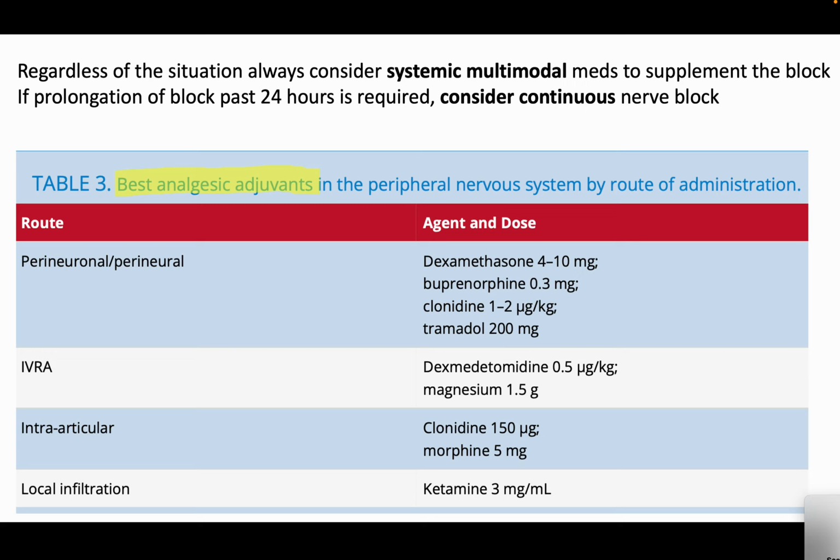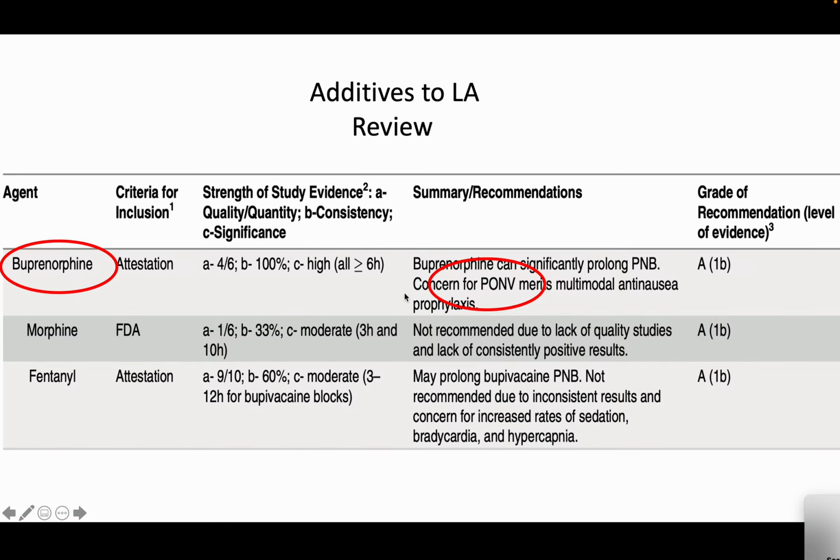So this table talks about the best analgesic adjuvants that are added to local anesthetics, right? And we have 3 applications here, or 4: perineural, intravenous regional or Bier block, intra-articular, and local infiltration. So we will focus here. I put 3 slides from a review on additives to local anesthetic. You can slowly look through the tables, criteria for inclusion and quality, and a nice quick summary